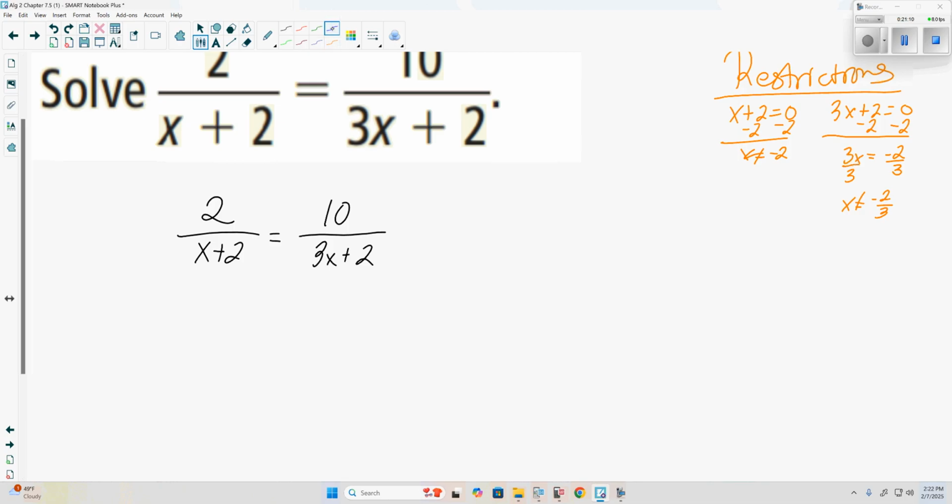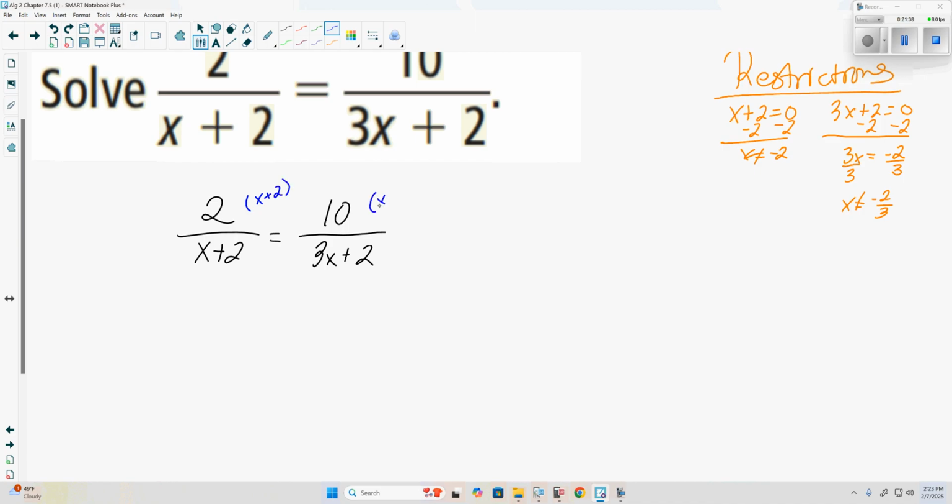Least common denominator. What do we know we're going to need to multiply through by? X what? X plus 2, yes? Because x plus 2 does show up in one of them. The 3x plus 2 is as simplified as it gets. Because the main thing we're focused on is that we don't use one term more than is needed. Because if I start off with x plus 2